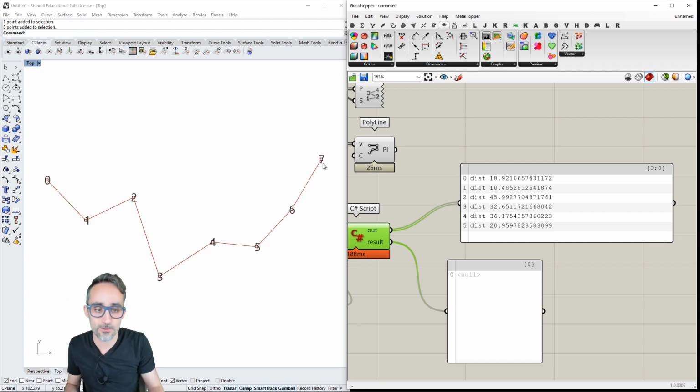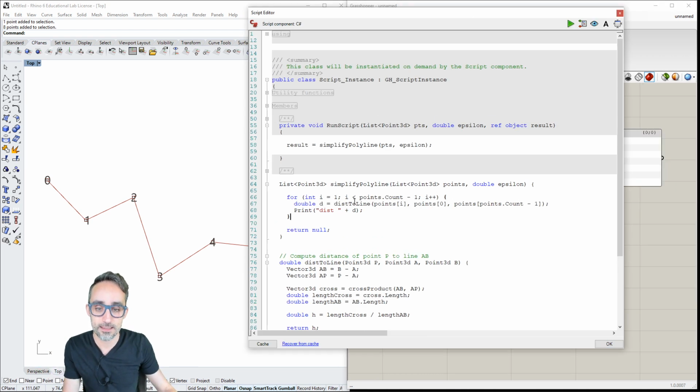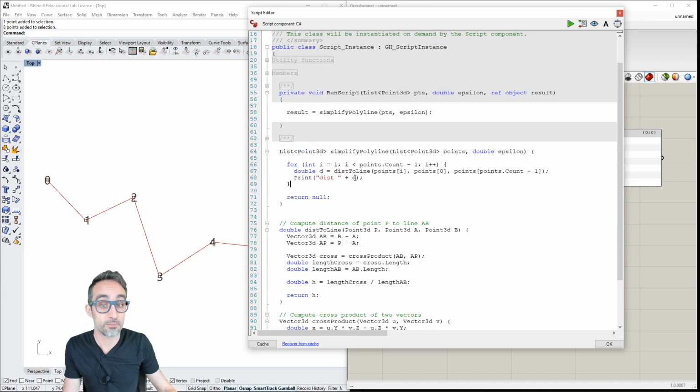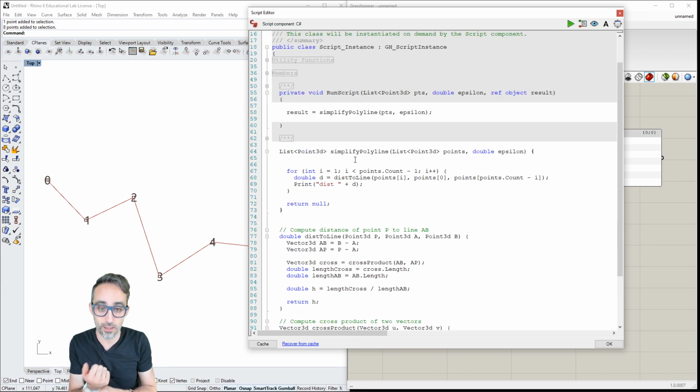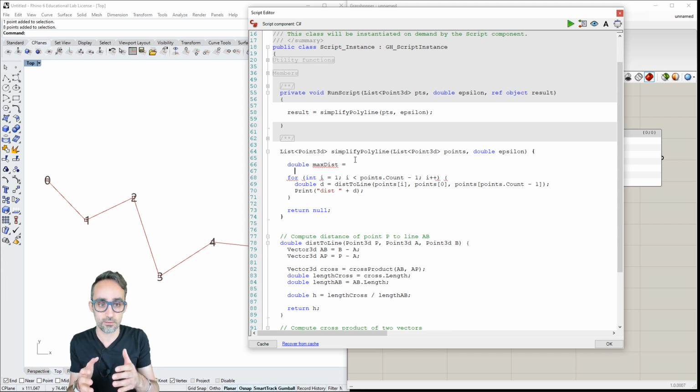The next thing we need to do is figure out which one of these is the one that is farthest away. That is very easy to do. In this algorithm, outside of the for loop, we can keep track of the maximum value by initializing 2 variables. I'm going to initialize a variable called maximum distance, which I'll use to keep track of the maximum distance found over all these points.